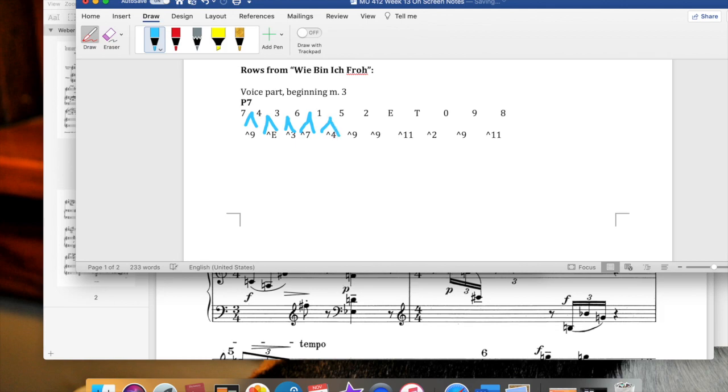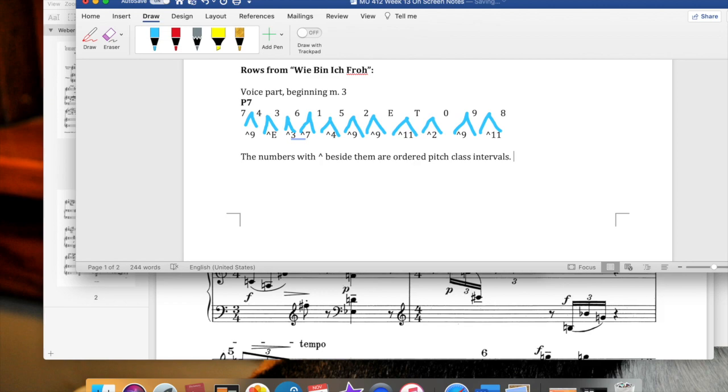And I'm just going to take a second and draw all of these, because this is how it actually showed the intervals between these pitches, with these little marks to show the distance between those two. Just to be clear, the numbers with these little carets beside them are what we call ordered pitch class intervals.